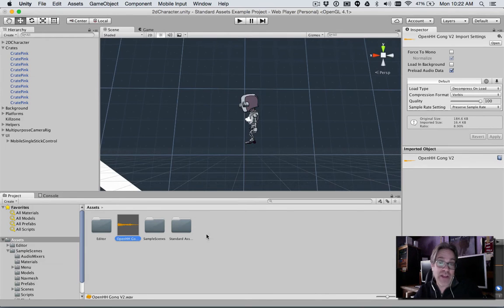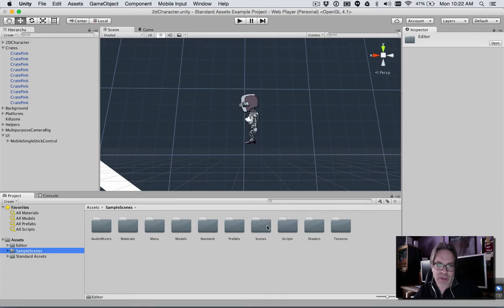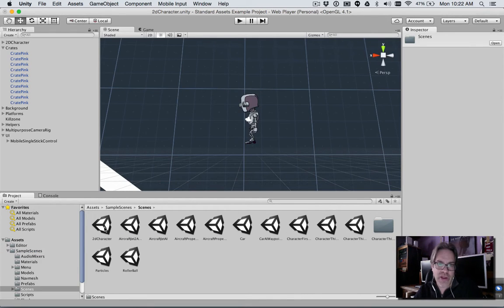You can see when I selected it, it also brought up an inspector for that WAV file directly in here. So I can play it in Unity directly. And I can click on other objects or folders in my scene to get more information about them. So if I go into the scenes folder, I can click on a scene and get information, or even bring up a different scene. Like this scene right now is a 2D side-scrolling adventure with a basic